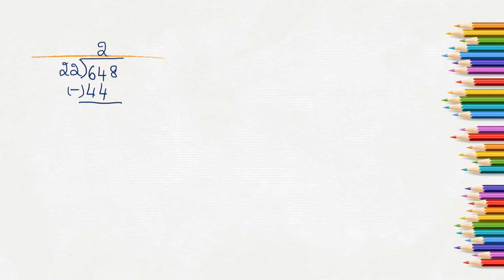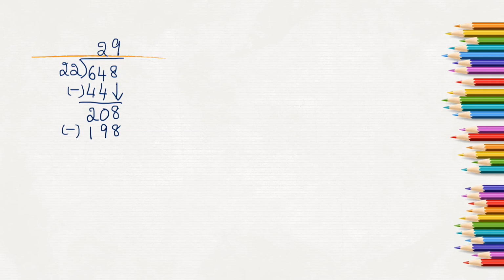4 minus 4 will be 0 and 6 minus 4 will be 2. Bring down 8. Now we are left with 208. So 22 10 times is 220, right? So 22 9 times will be 198, which is lesser than 208. We can't consider 22 10 times as it will be 220. So we'll consider 22 9 times, that is